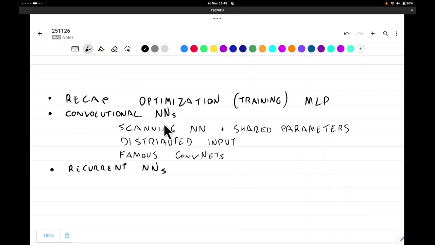So going through the concept of scanning networks and distributed input, and then I will briefly mention a couple of famous architectures that kind of revolutionized the field. And then, depending where we are, I will start with the other type of notable architectures. It's called recurrent neural networks, that is actually the basis for transformers and therefore language models. Okay, so